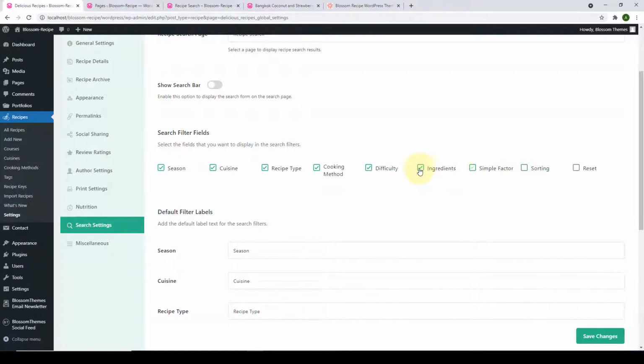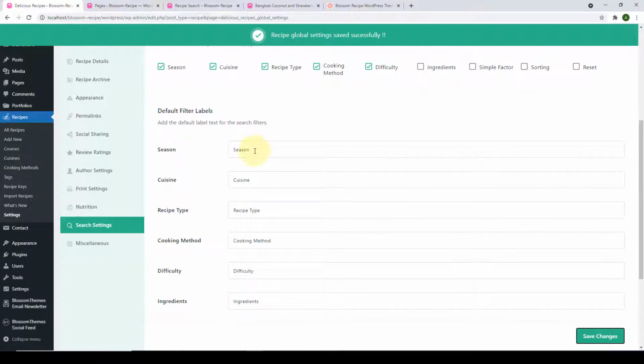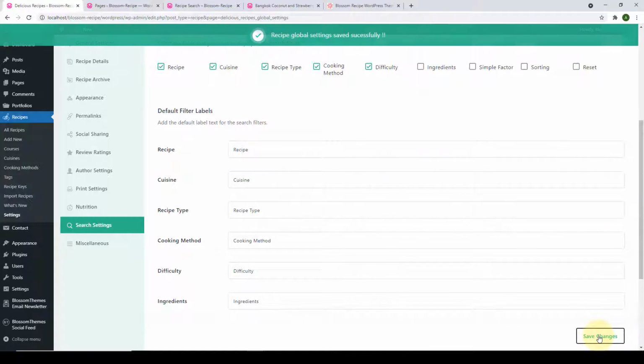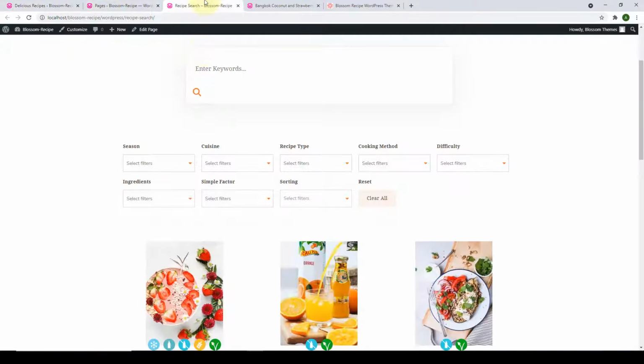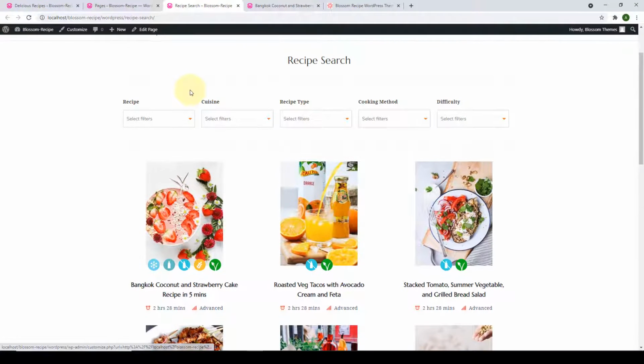So just to show you an example, if I'm unchecking the last 4 options, then click on Save Changes. Let's change the label of season to, I have just randomly added recipe just to show you the difference. Then click on Save Changes. Go over to your site, to your recipe search page, give it a refresh, and you can see the changes